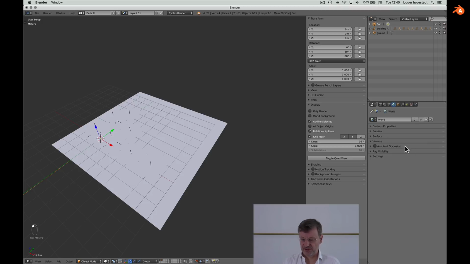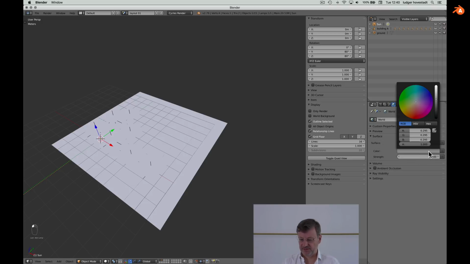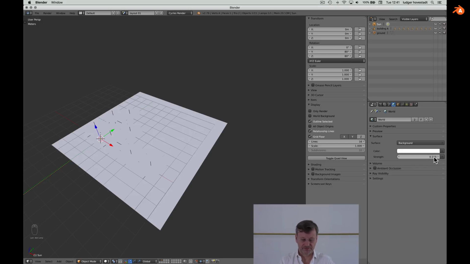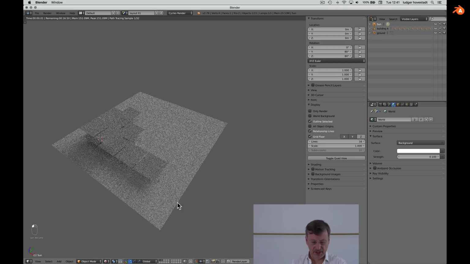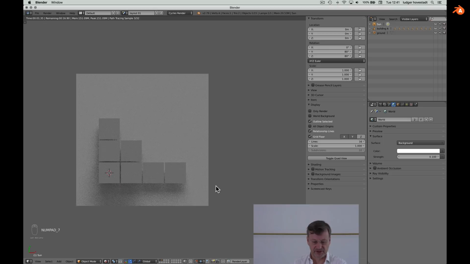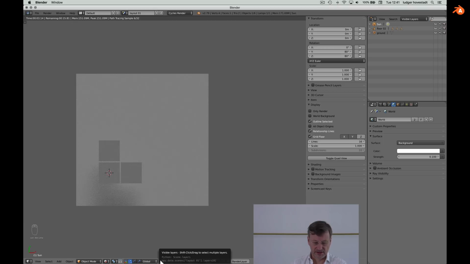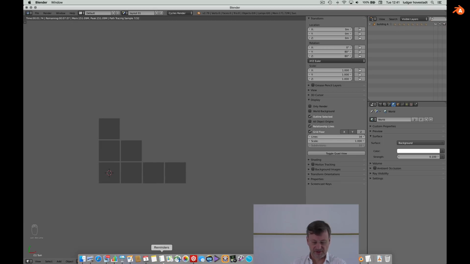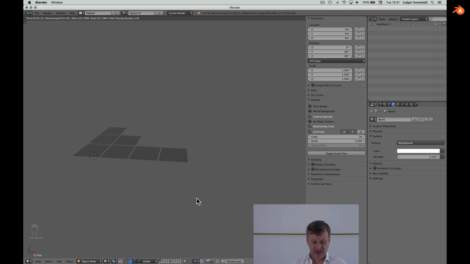So take the world and look for the surface, make that, for example, white, very few. So if we now go for it, then we have a proper rendering of our design. And it's working here. It's good, and it's working with the floor plan. It doesn't work because that's the next story,